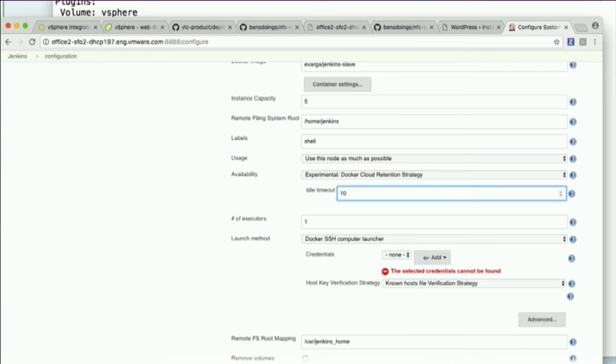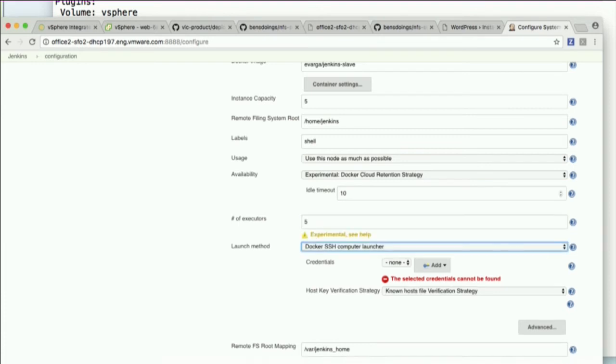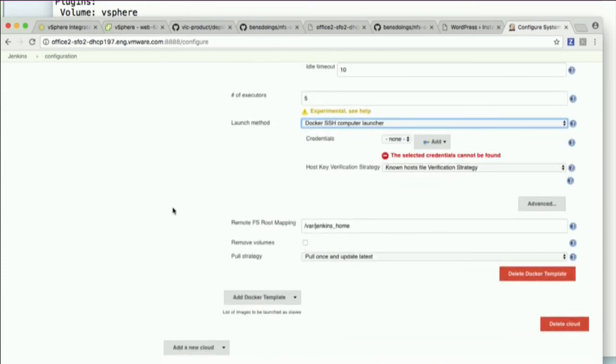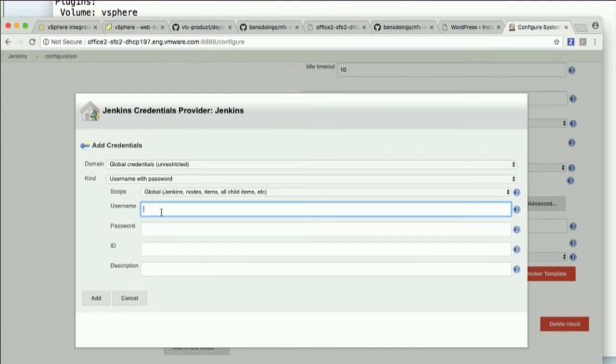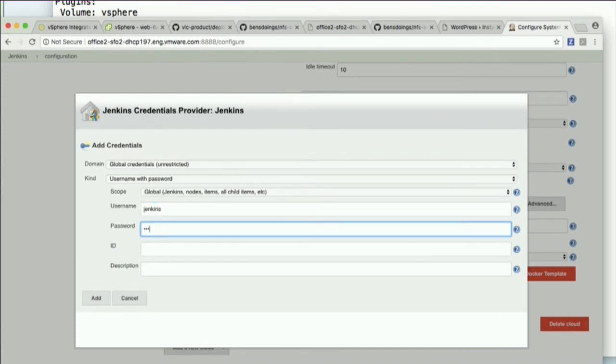And it will just control the scheduling of those VMs as it feels it needs to. Number of executors, let's say 5, because that means we can actually run 5 builds in this VM, or 5 things in this VM. And we need to add credentials. We need to add some credentials to be able to log into this because it's using SSH as the launcher. So if we add some credentials,